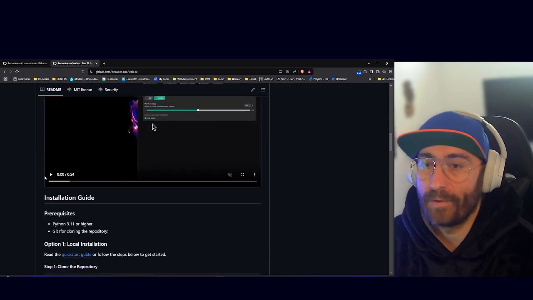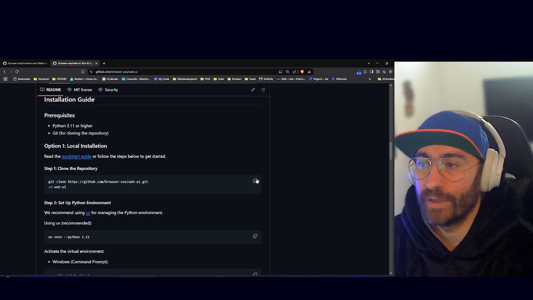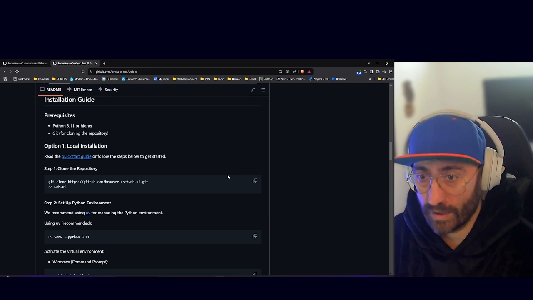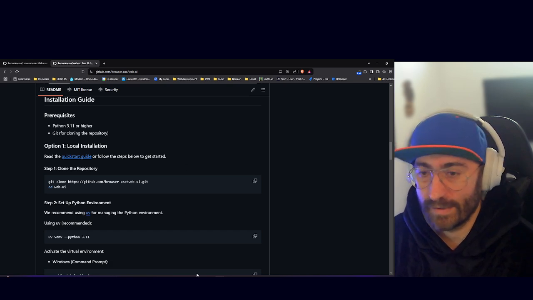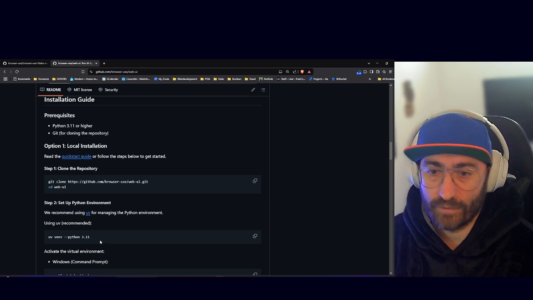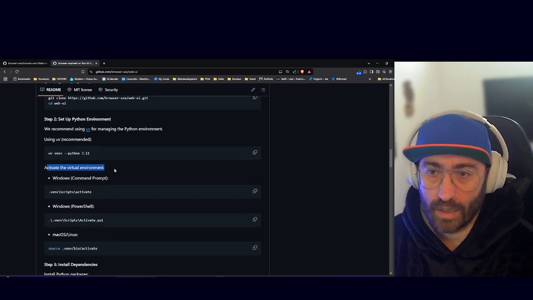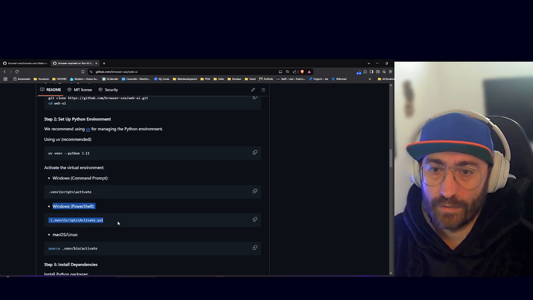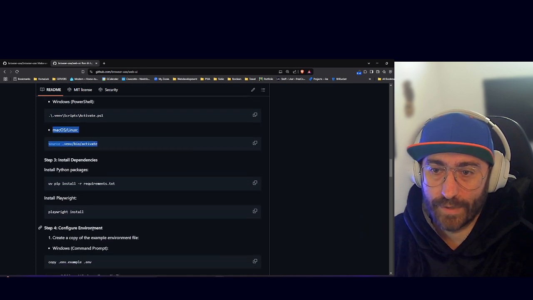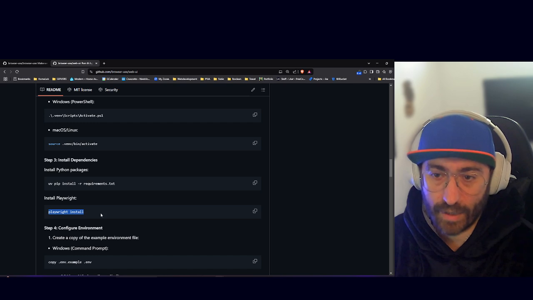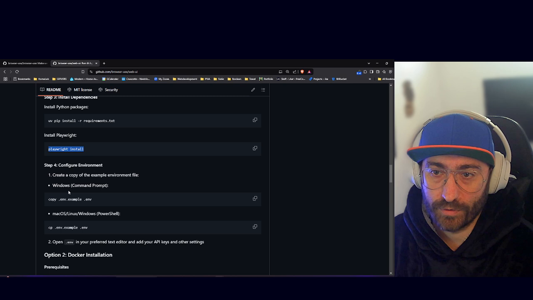So let's try. We scroll down to the installation steps, then we need to actually, I think, log inside my WSL instance. I don't think I can run these from, yeah, I can do that from Windows prompt and then from PowerShell, and then from macOS and Linux, and install Python packages for the requirements, and then we should do that. Playwright install. And then we should be able to configure something like copy the .env file,